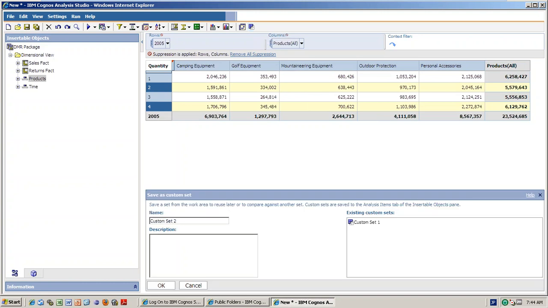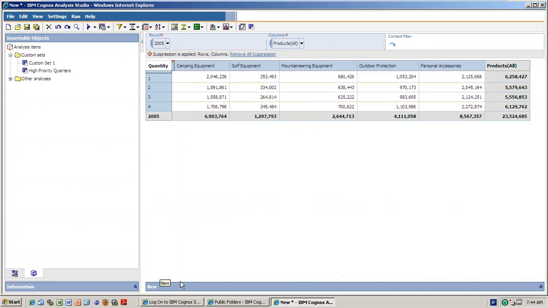So this is high priority quarters. Okay, done. So for example, if you want in future high priority countries, high priority quarters, and high priority products, because you selected, right, custom set one is I selected only two quarters. So now once you select the high priority quarters, only 2 and 4 will appear.